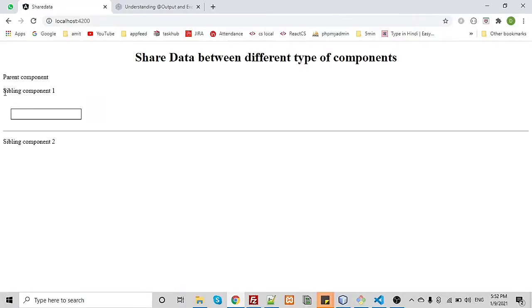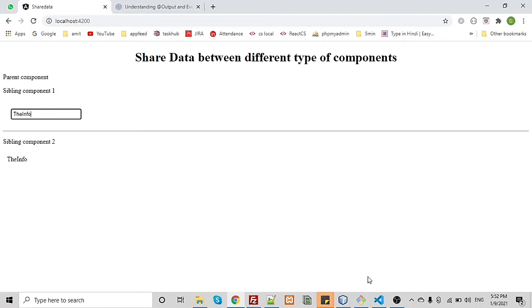This is the sibling one component, and I have created a text field in it. When we type in the text field of sibling one, it will print in the sibling two component. That means I can pass the data from sibling one to sibling two, as you can see.